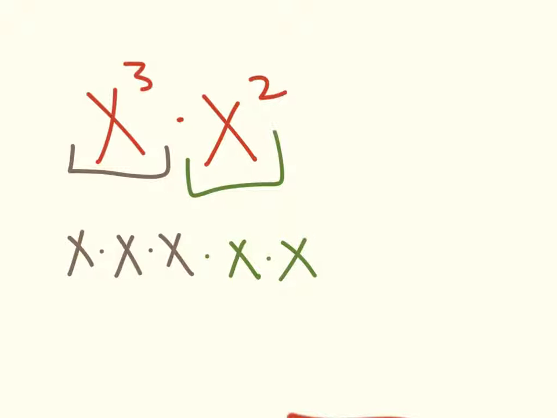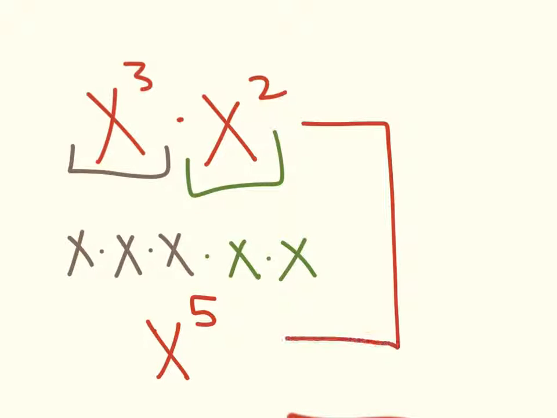And what's a better way to write this? Well, we have x times itself 5 times. So x to the 5th power. And how can we go in one nice, sweet, wonderful move from the original multiplication problem to the simplified answer, x to the 5th? I'm hoping that you might see that, hey, we're really just adding the exponents, and that